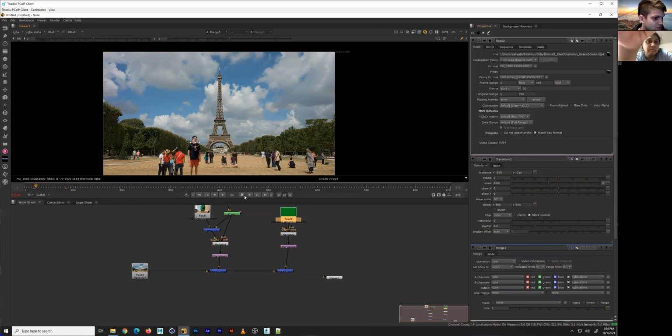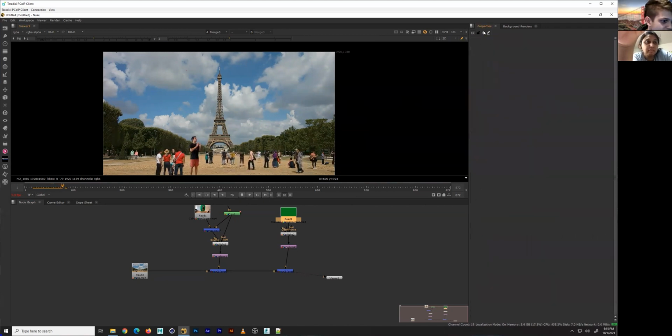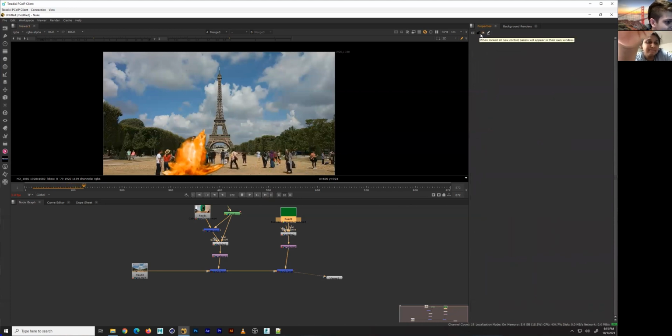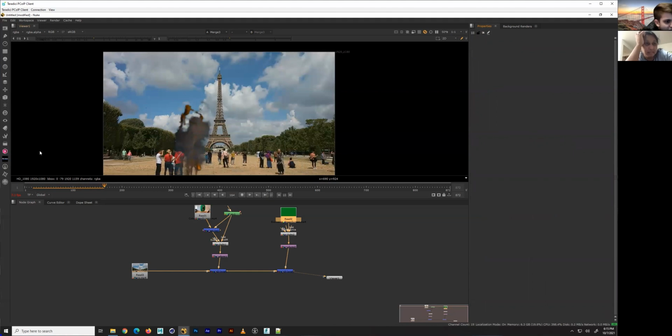So let's see. Now it's going to start a little later, and our protagonist is going to be there doing his thing, and then he's going to explode. Pretty exciting. It's pretty slow. It's running very slowly. Nuke is a heavy program, but he's still there. That's not good. We want him to be gone after he explodes. We want him to